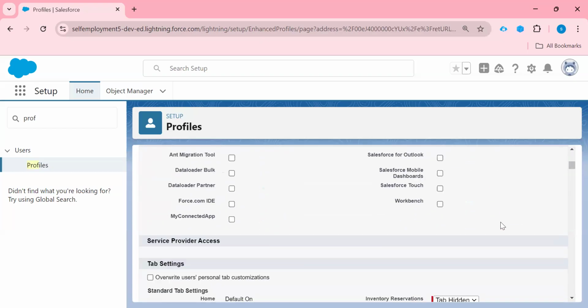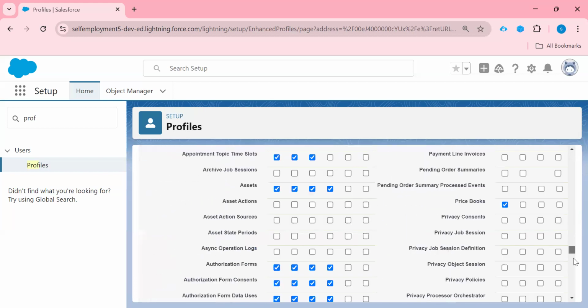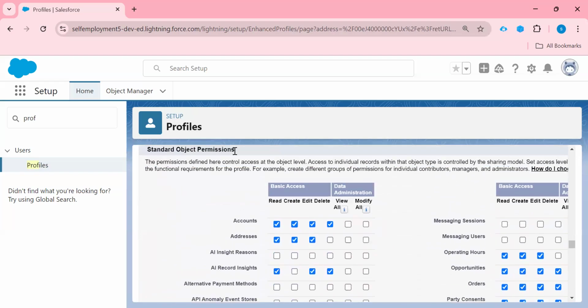right? So if I scroll down, just come to our objects, see, these are standard objects. If we want to give any permission, these are the default permissions of this profile. If you want to make any change in the standard object permission, you can change it from here, right?